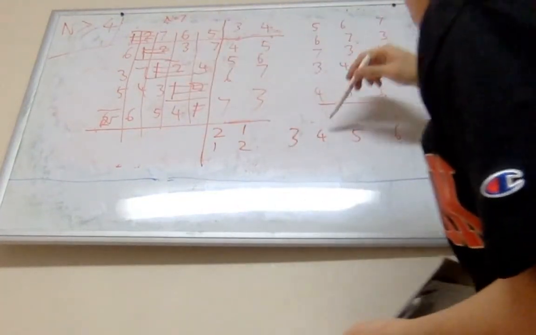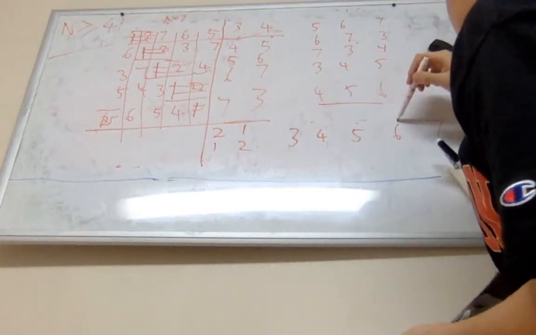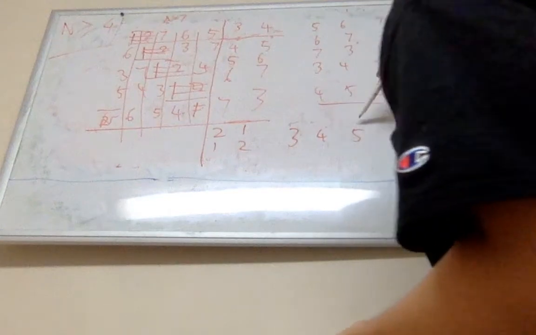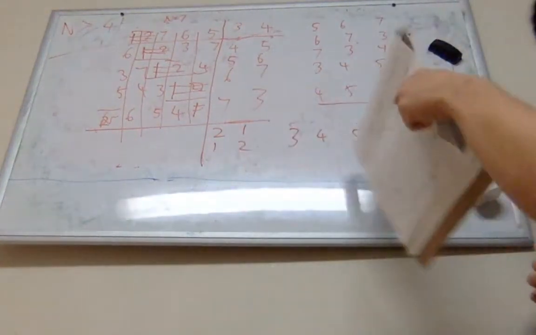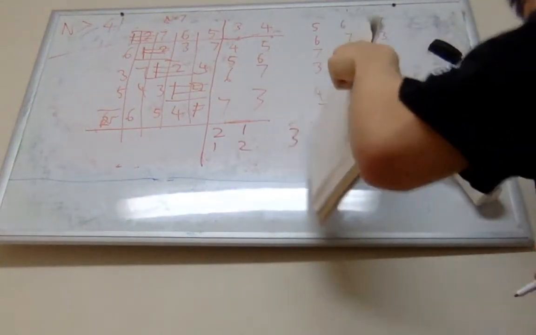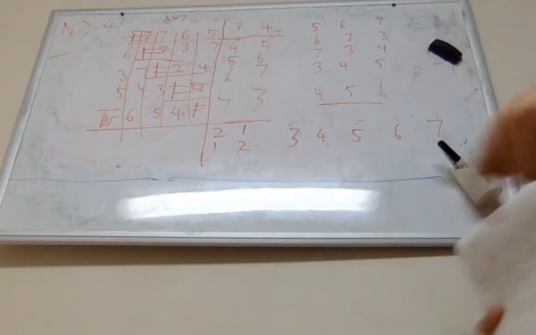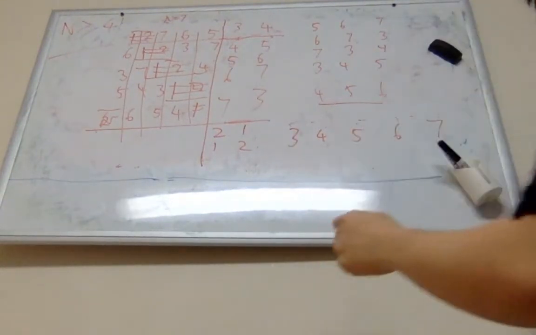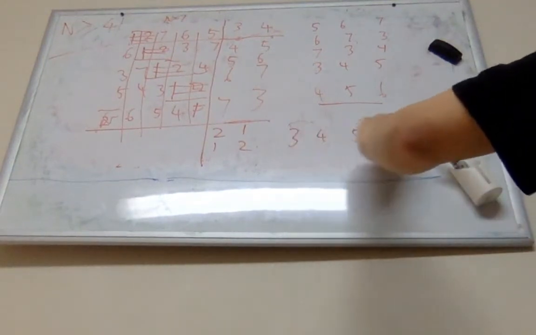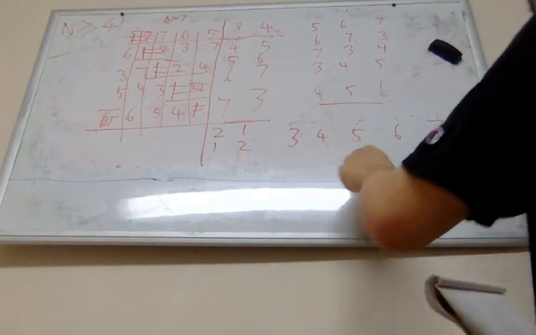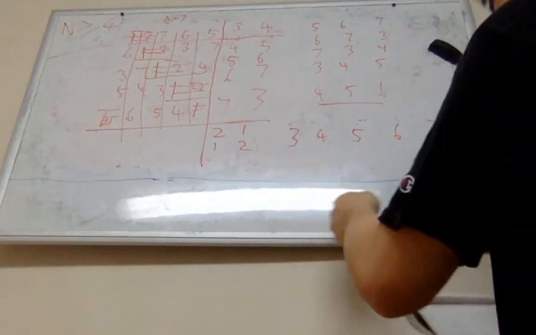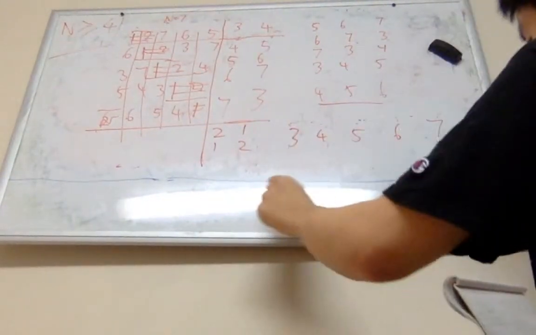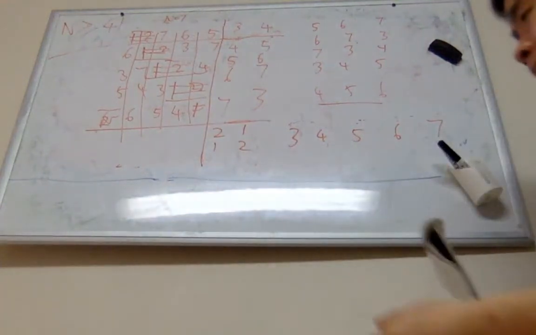4, 6, and 3. 4, jump 2 steps becomes 6. Jump 2 steps, it can become 3. And 5, 7, 4. 2 steps from 5 to 7 and 2 steps to 4. And it will work for bigger odd numbers because the numbers you have here are odd. So when you jump two steps, even though when n is bigger the numbers might overlap, they won't